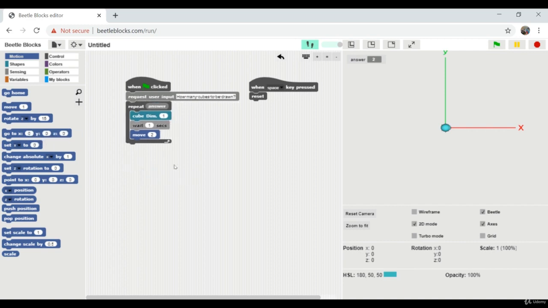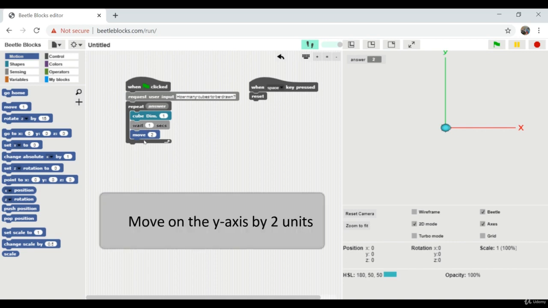And now let's go ahead and try to print cubes on two lines, one on the x-axis and one a bit above this x-axis. So we have to move in the y direction and then we have to print cubes. First we have to print cubes on the x-axis and then we have to move ourselves on the y, and then again we have to print the cubes. So this is the program to print the cubes on the x-axis. So to move by 2 units on y,